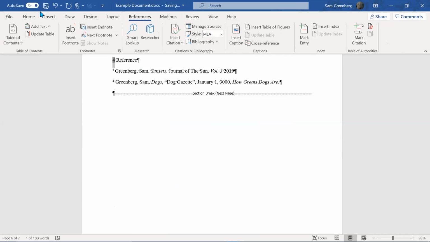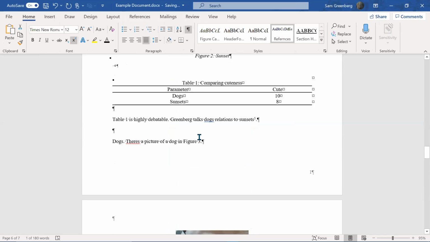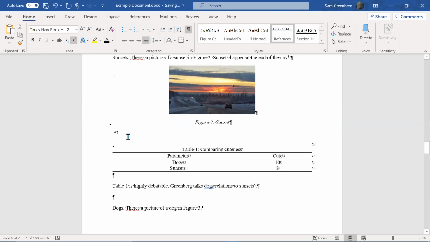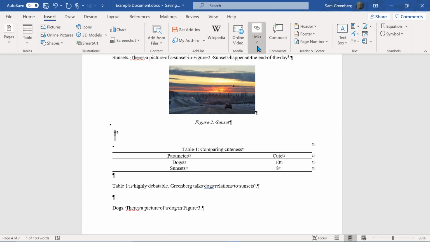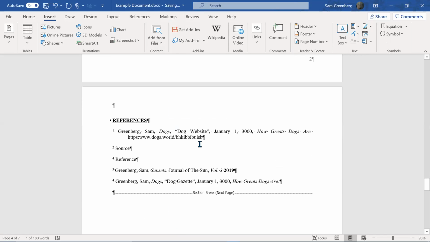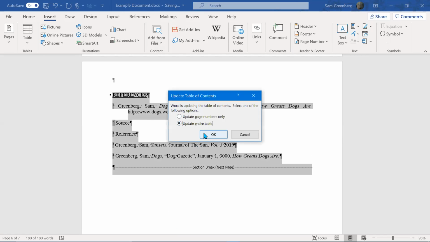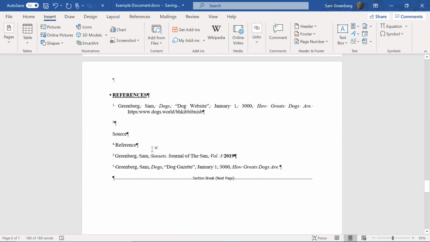And we got that. Go back up and we'll highlight just the caption, insert the bookmark, add, and then Control A, F9. And that fixed it. So what you can do to avoid the spacing here, so you can see the difference we did here,